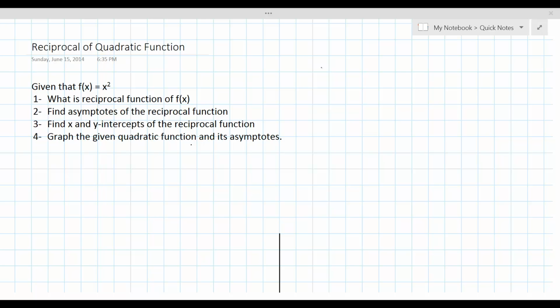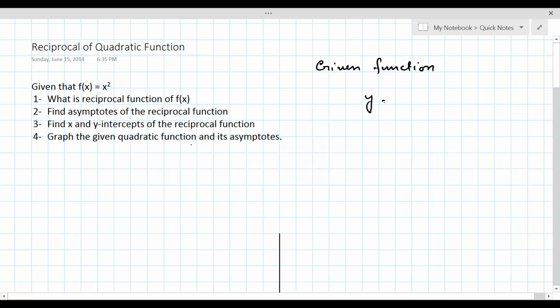In this lesson, we are interested in finding graphs of reciprocal functions for the given quadratic functions. So the given function is quadratic. Here, the given function is y is equal to x square, which obviously is a quadratic function with vertex